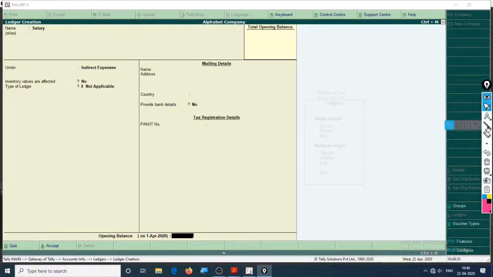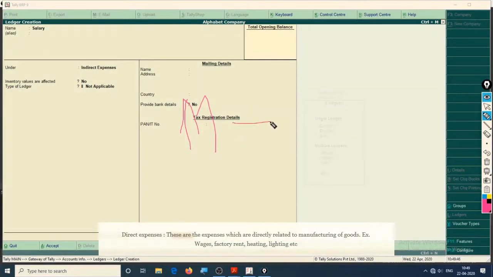Suppose you have a product that is a mobile. Everything that is directly related to that mobile: suppose we sold a mobile, then it is a direct income. And suppose we purchased a screen for the mobiles, then it is a direct expense, because it is directly related to the product.